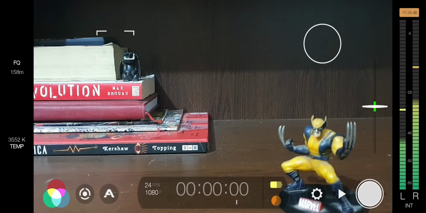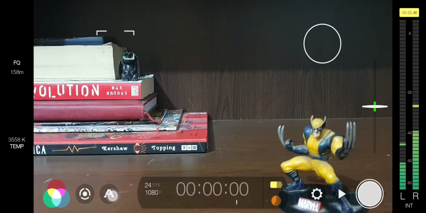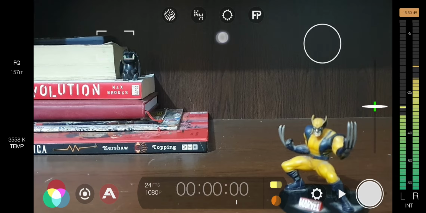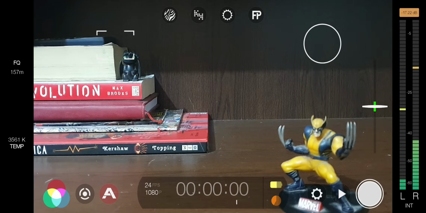Let's talk about the big A button here. This is actually an overlay button. Now you can see there are 4 overlays up top. These are actually used to see if the focus and exposure of the video are correct or not.